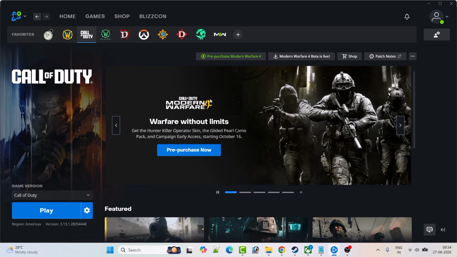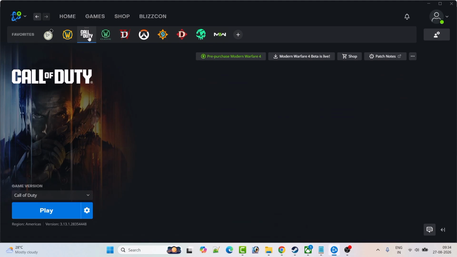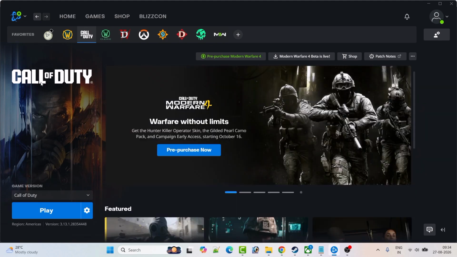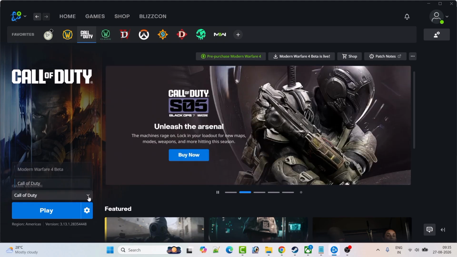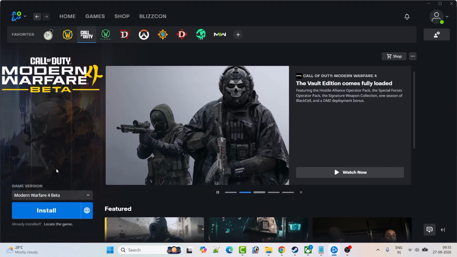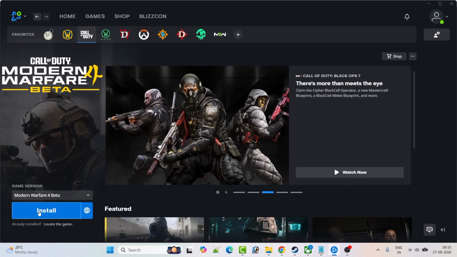So open the Battle.net launcher on your PC, then go to the Call of Duty section. You will see the base game Call of Duty over here, game version Call of Duty. So simply click on this drop down and here you will see Modern Warfare 4 beta. Click on this and then you can see Call of Duty Modern Warfare 4 beta game is showing over here and the install button. So simply click on install button